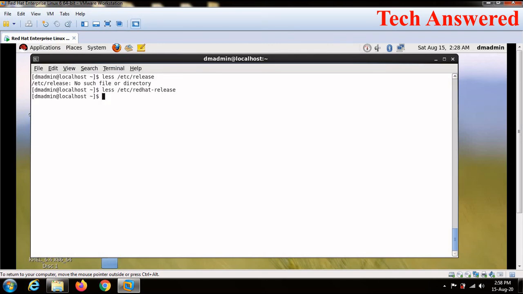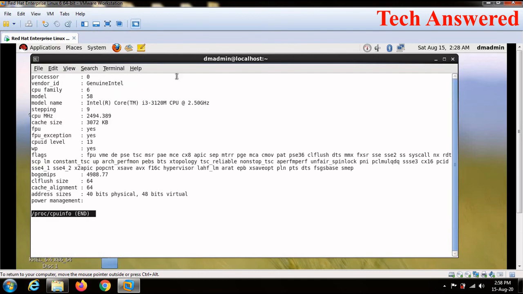In case you are working on SLES 12 or SP4, you can check this using etc and then os-release. You can get to know more details about the OS. Right now this command will not work for me because I am on Red Hat. If you want to know information about your CPU, how many CPUs are configured, and what the frequency of that CPU is, you can do that using this file. Using proc and cpuinfo you can get the details.